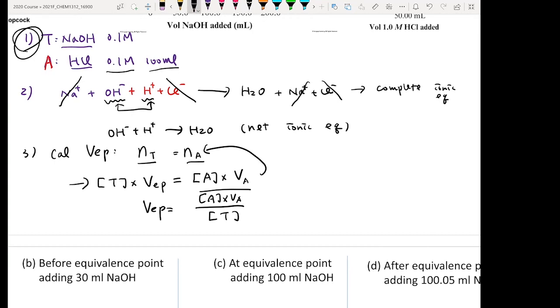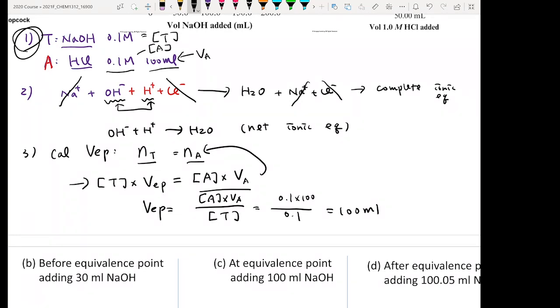Since we're in the first part, we know that is the concentration of your titrant, that is the concentration of your analyte, and that is the volume of your analyte. Therefore, we can calculate the VEP very easily. That's 0.1 times 100 ml over 0.1, so this gives you just 100 ml. What this means is that after you add in 100 ml of your titrant,